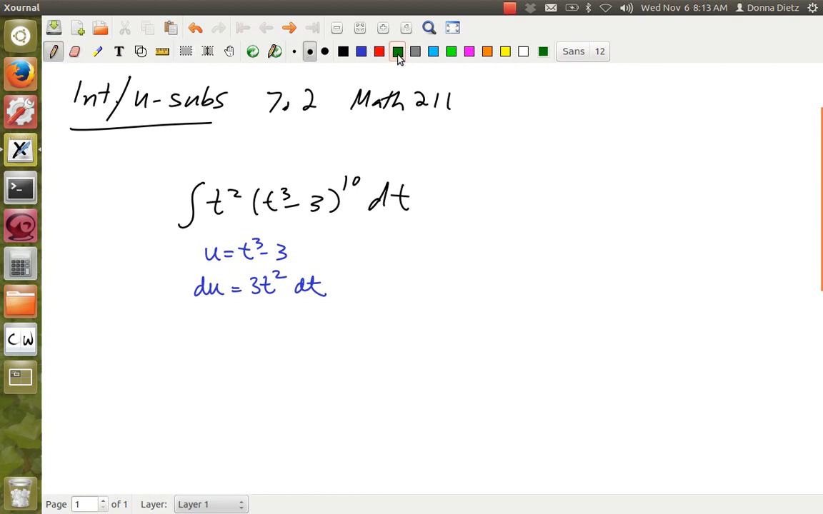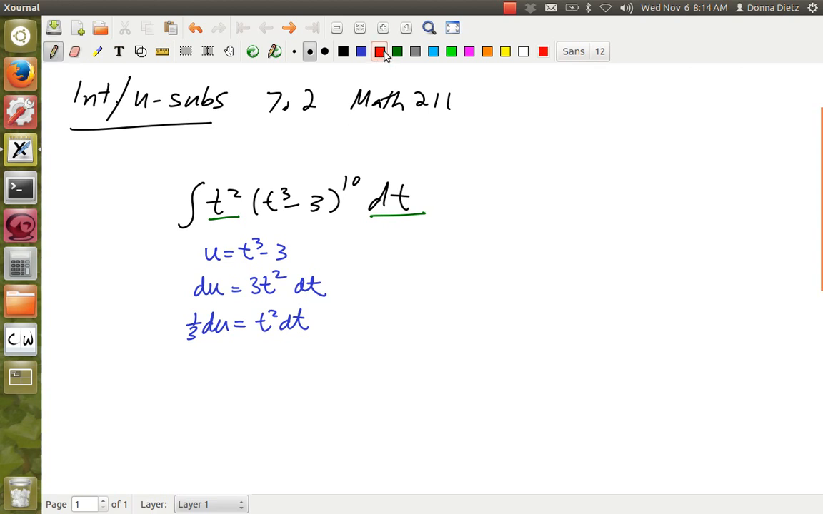Okay, now the trick is swapping out parts for parts. So I have t squared dt and I have t squared dt, but I can't replace t squared dt with du because there's a 3 in the way. So again, I have to take care of that 3. My preferred way of taking care of it is to just take care of it right here and say I'm going to make one more step. All right, now I don't have